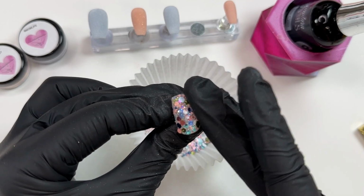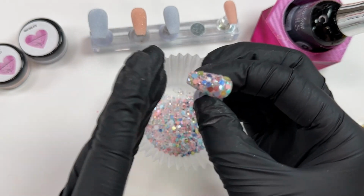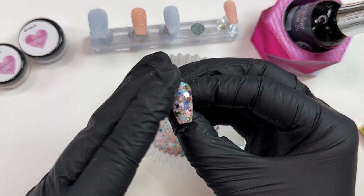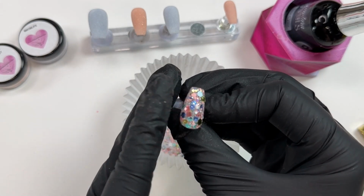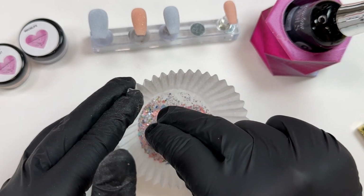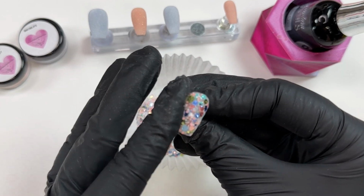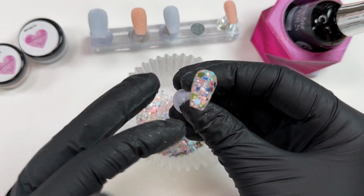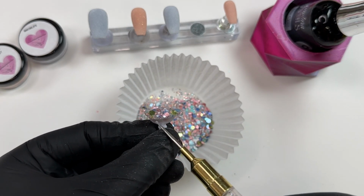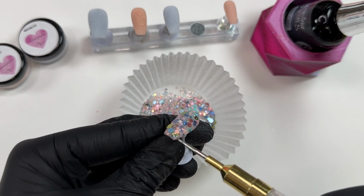And I will say I did notice, the larger glitters are beautiful colors of like corals and pinks and teals and blues and greens. And I really like how there are smaller pieces of glitter in those exact same colors. So not only do you get a lot of dimension with the different shapes of glitter, because there's fine glitters in here, there's smaller, there's chunky, but I really like the incorporation of the larger glitters and the smaller glitters